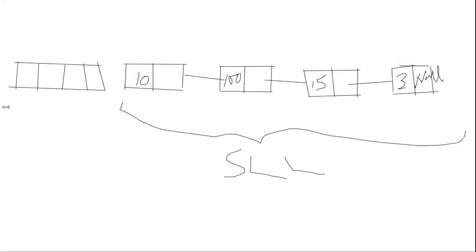Another one, if I want to find out which node has the maximum element in the given linked list, again I have to traverse. So according to our logic, I can say 100. Okay, immediately I could not stop because the other 2 nodes also I have to check. Am I correct? For this also I have to traverse from the first node to the last node. Everybody will accept this? Yes, ma'am.